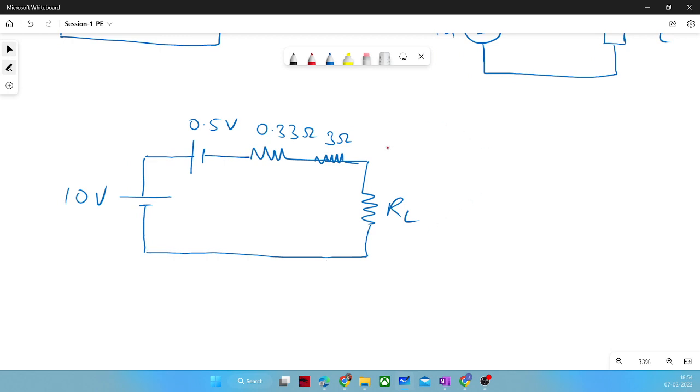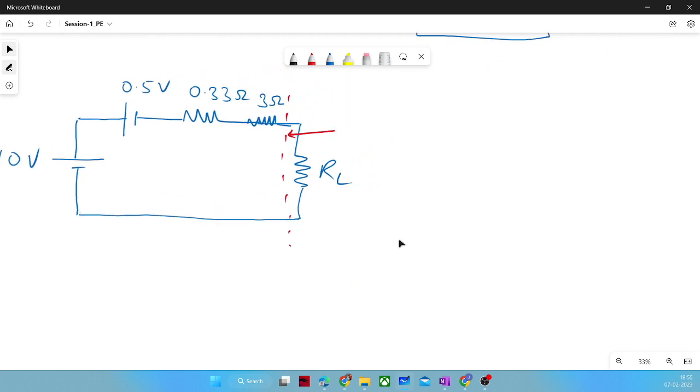Could you please help me in deriving the value of RL, or sorry, RTH? Yeah, Anaga, you directly told the answer. Okay, so take voltage source equal to 0 and look back from the RL point. Great. So that is the approach we will apply. So we will short the voltage sources. So we are indirectly applying zero voltages. So I will draw the equivalent circuit. We will make voltage sources as zero,